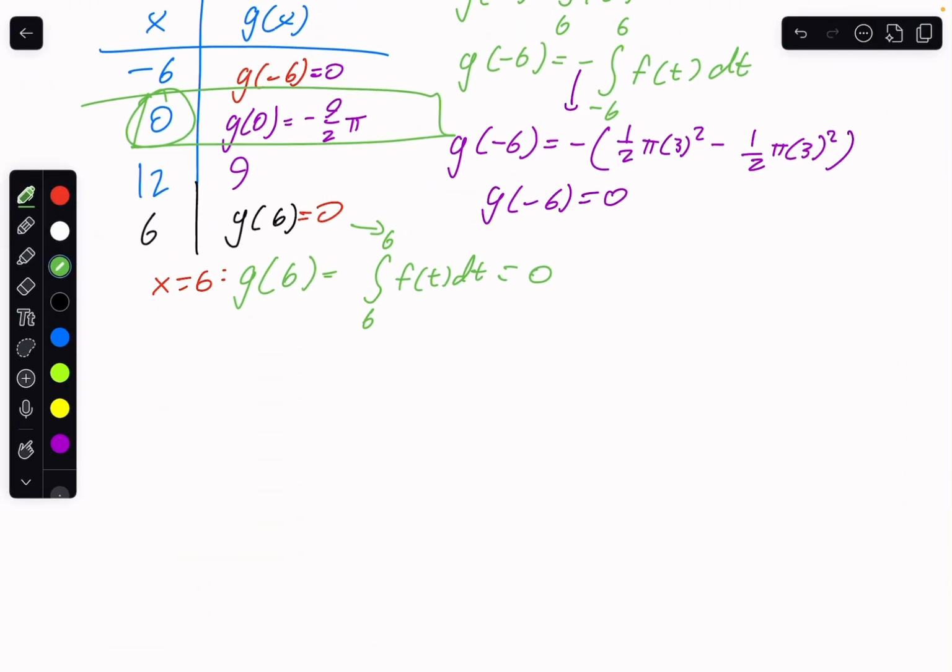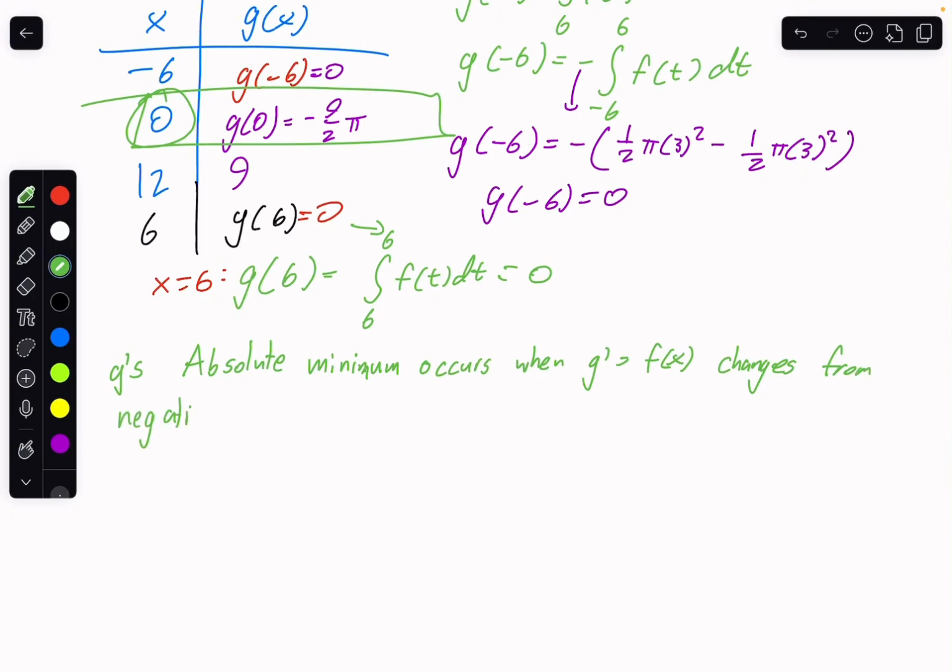So we can say g's absolute minimum occurs when g prime, I'll write equals f because that clarifies what we're doing, changes from negative, and this is evident on the graph, negative to positive